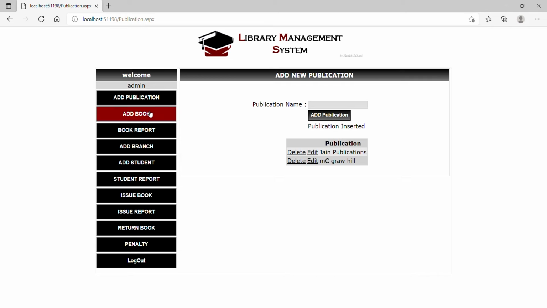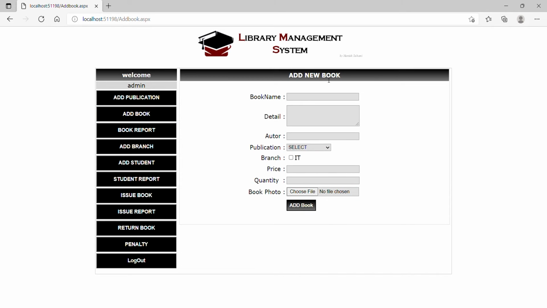The next module is adding a book. We will give the book as software engineering. In software engineering, the details we will give, that is software. Now the author will be Jane.